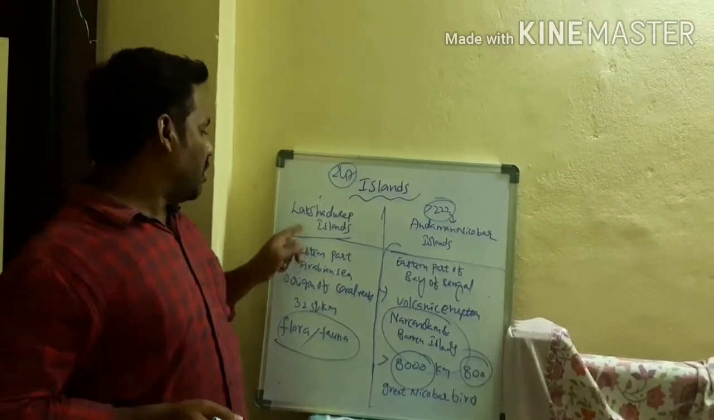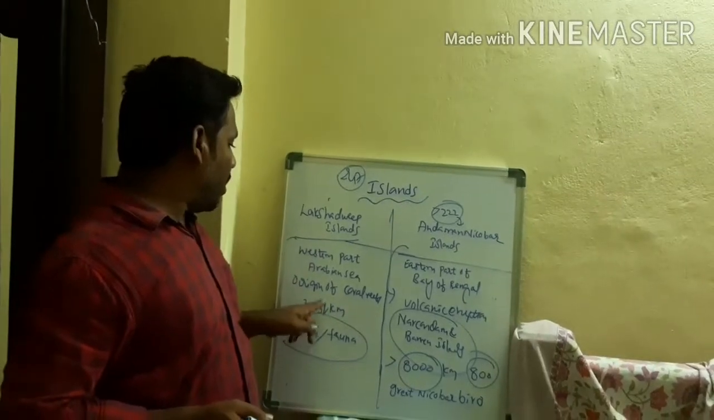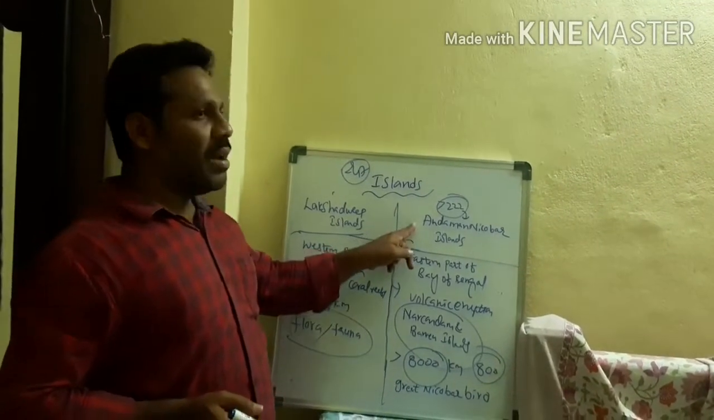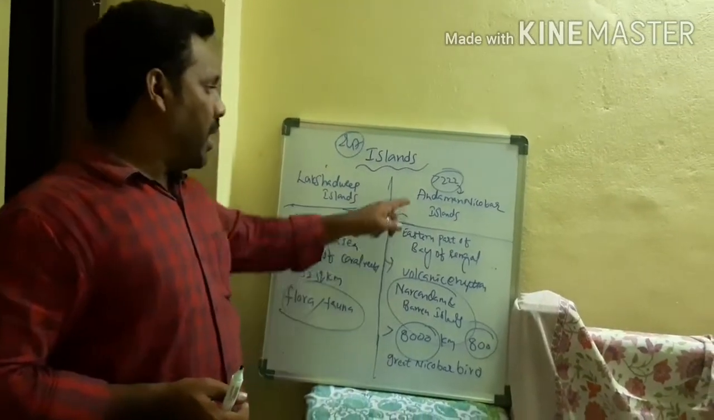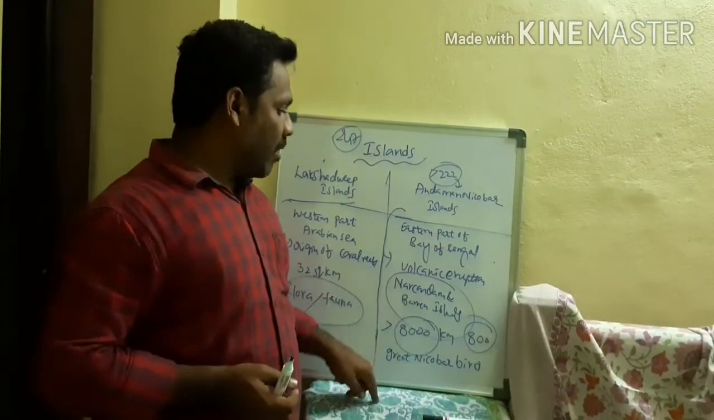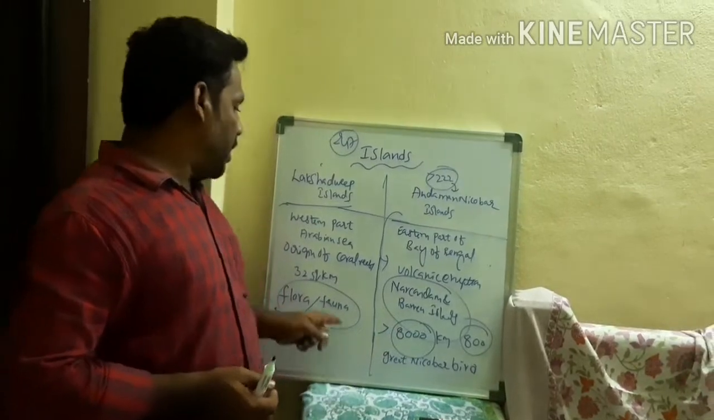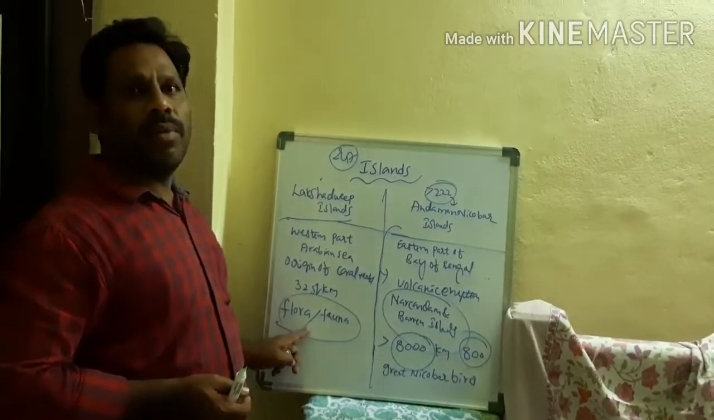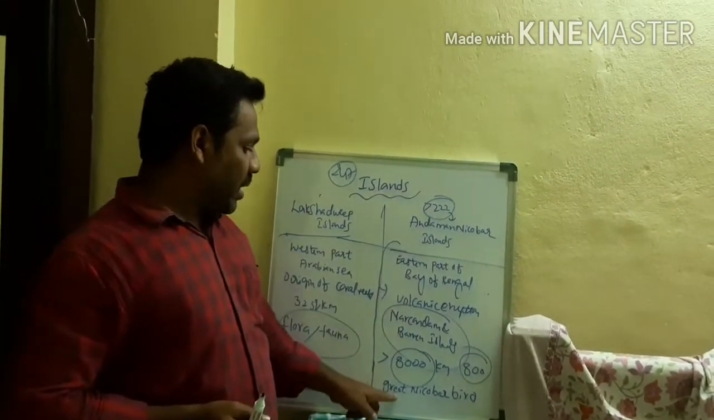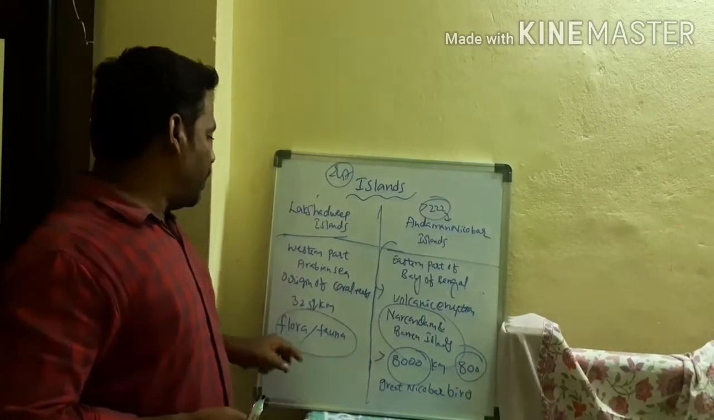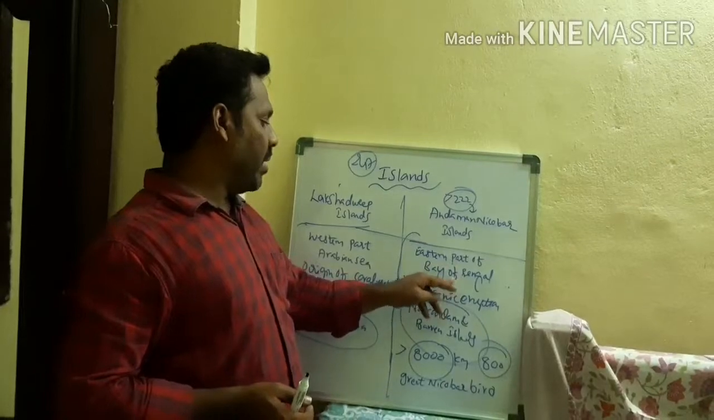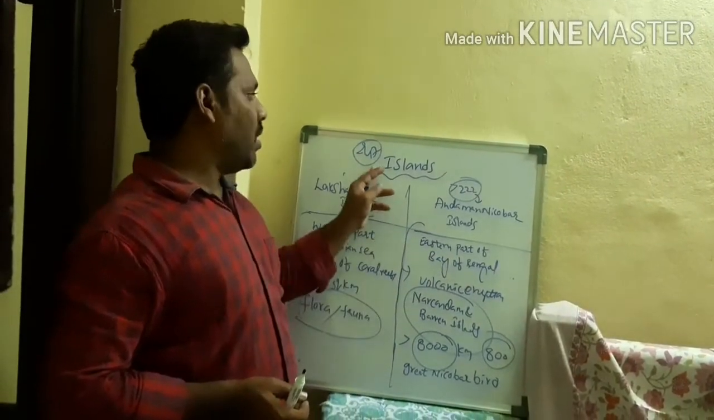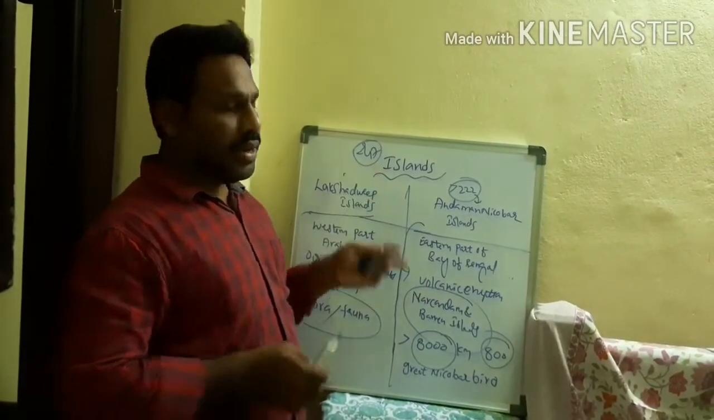The Lakshadweep Islands originated due to coral reef. The Andaman Nicobar Islands originated due to volcanic eruptions, especially Narcondam and Barren Islands. We find a great variety of flora and fauna, and the Great Nicobar bird. They are located in the western part, the Arabian Sea, and the eastern part, the Bay of Bengal. This is what we can discuss about the islands. So India is having the